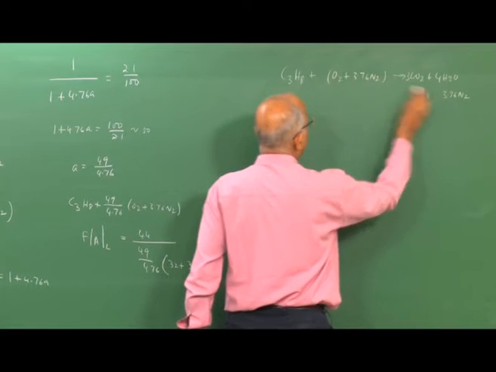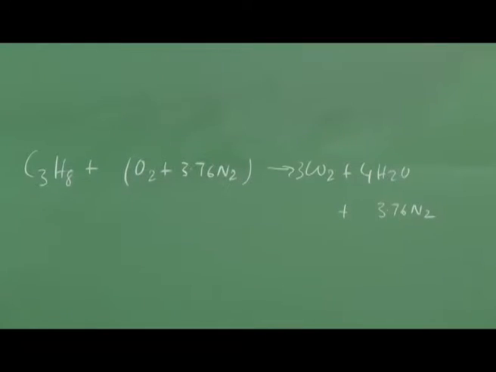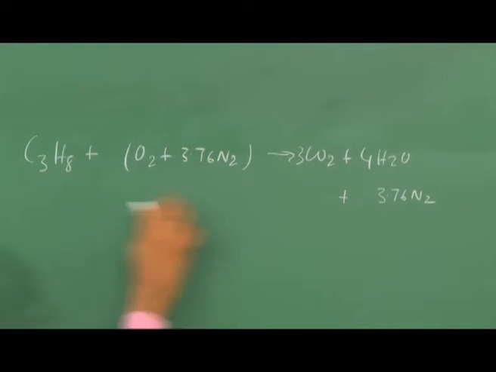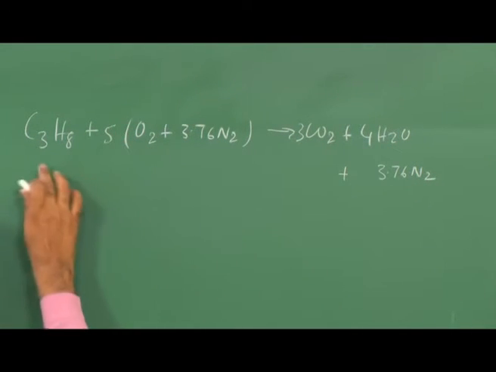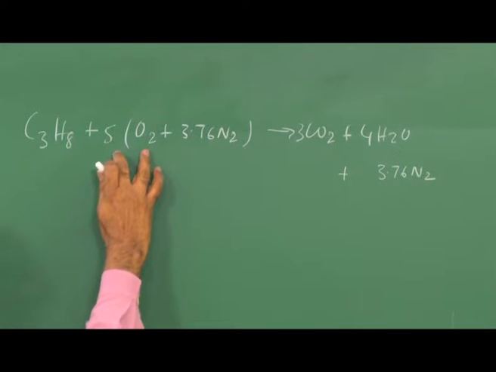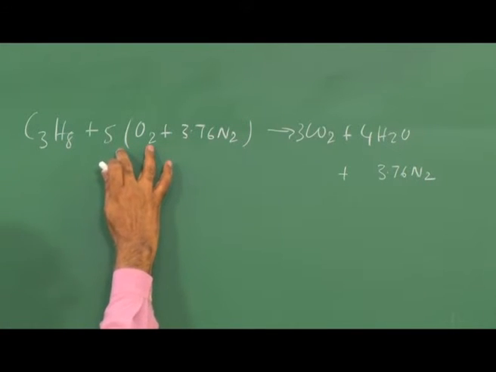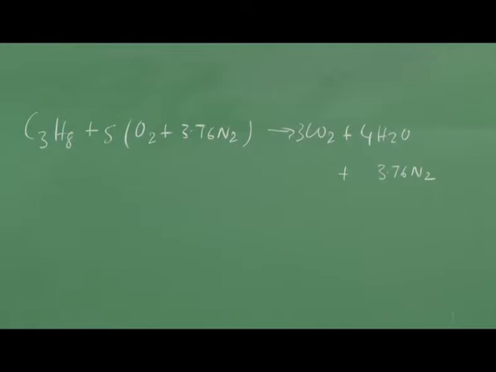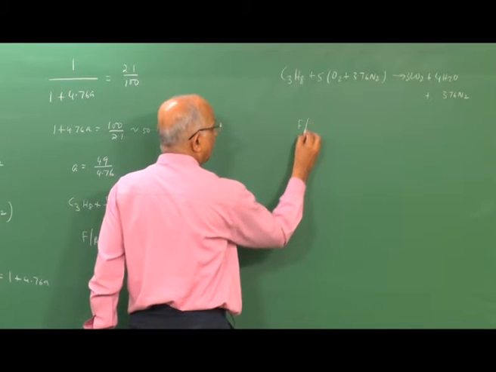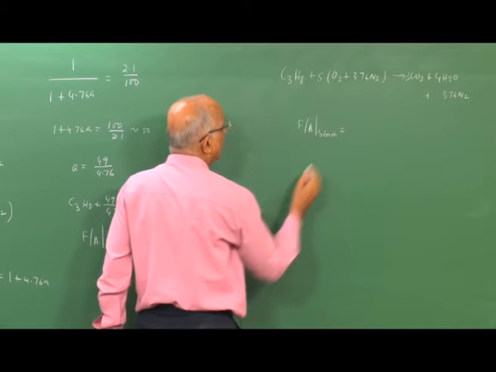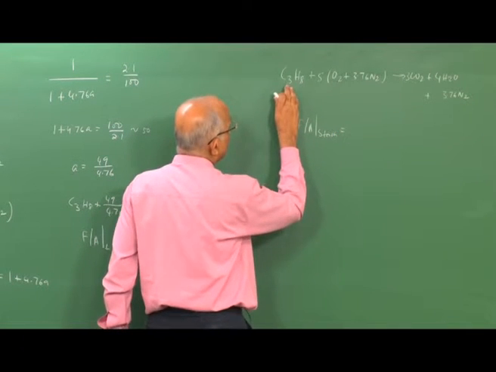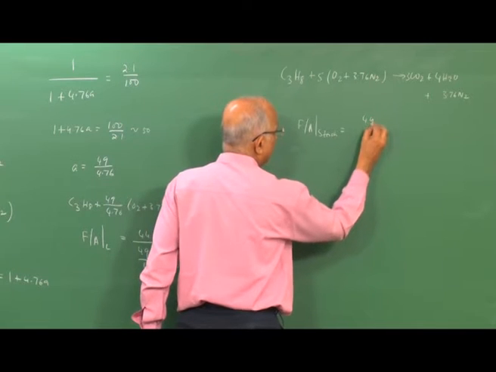I need to calculate this. 3 2s are 6 plus 4 is 10, therefore I have 5 oxygen here, with 3 CO2 giving me 3 and 4 from H2O. Therefore, fuel by air for stoichiometric for this reaction is 36 plus 4, 44 grams